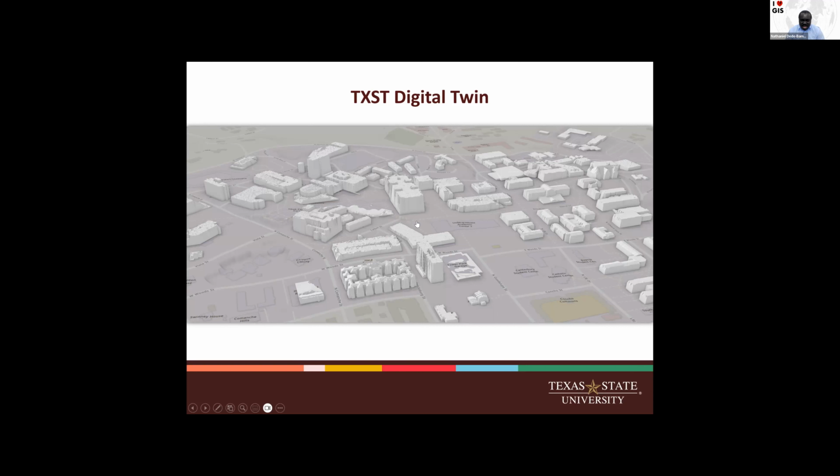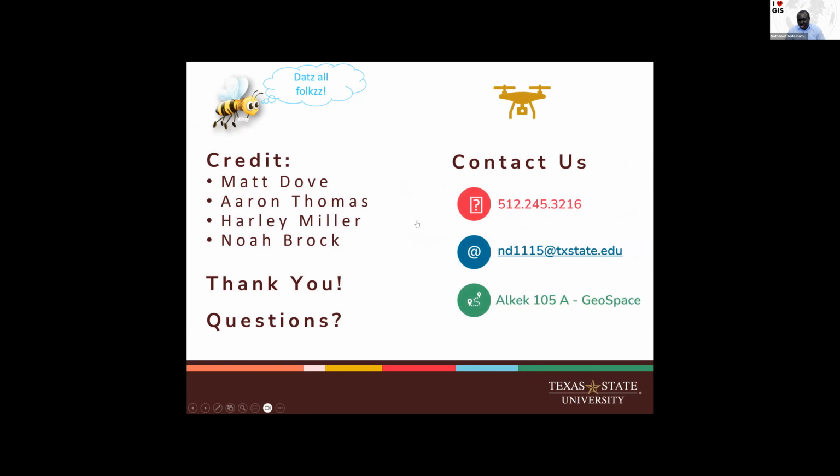And basically, the only thing it costs is time and effort, so it's quite cheap. If this were to be done using other alternative means, it's going to cost a lot more. So just to share with you some basic things that you could do using drones right on campus.